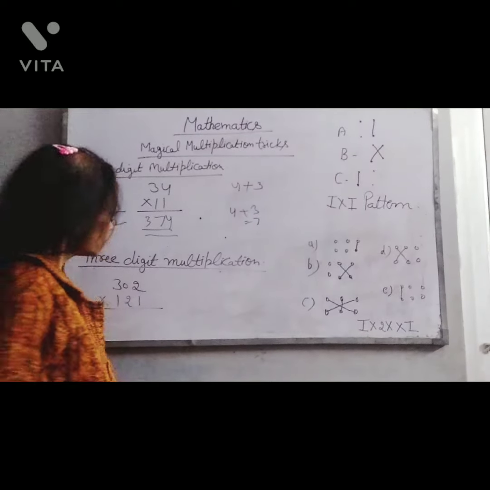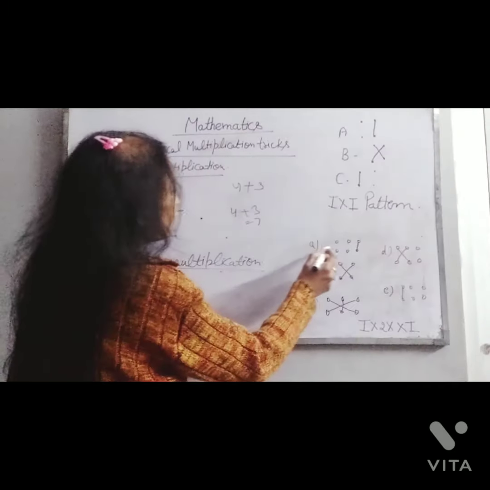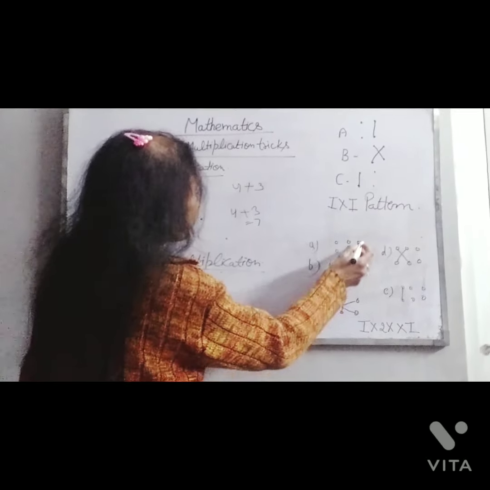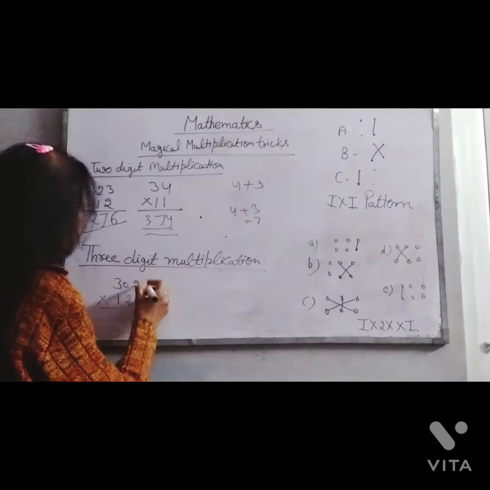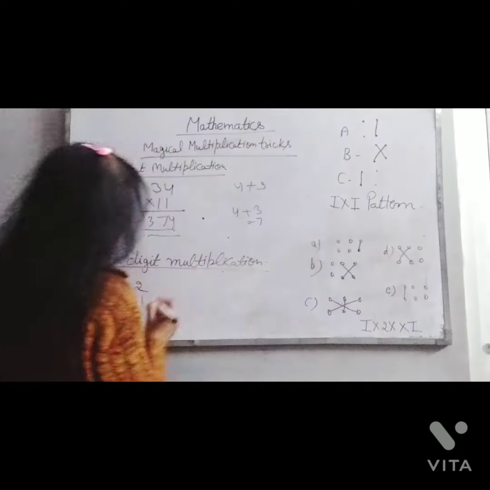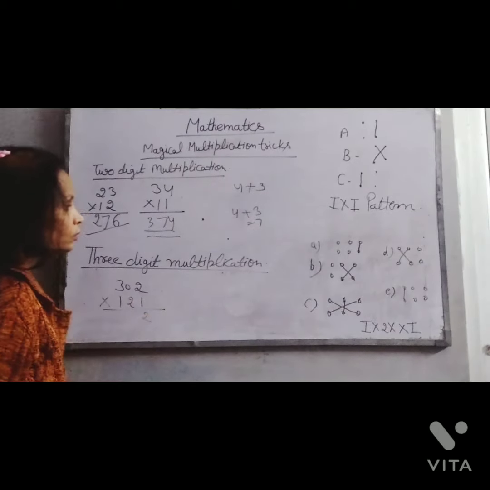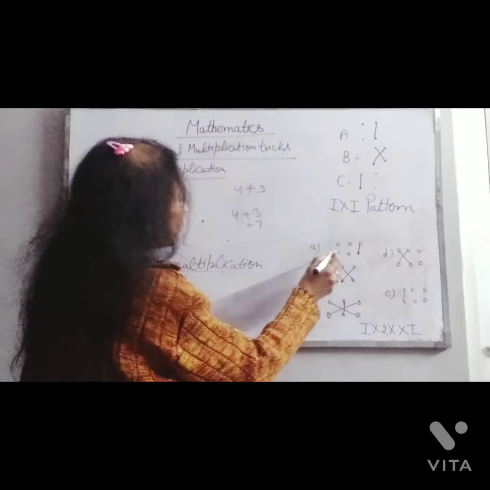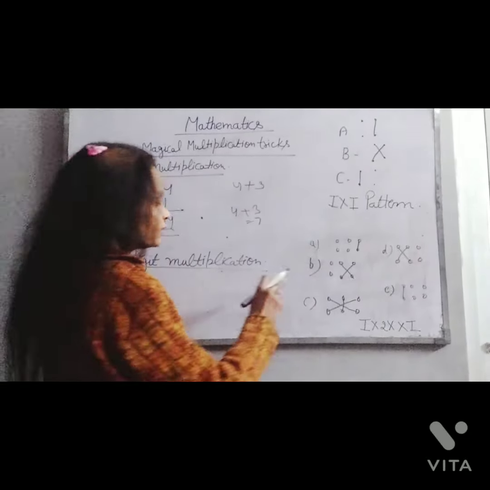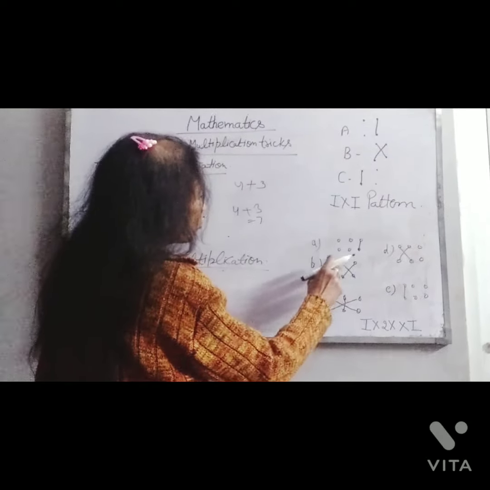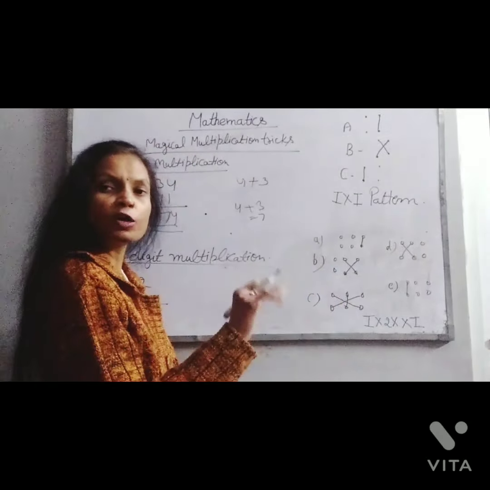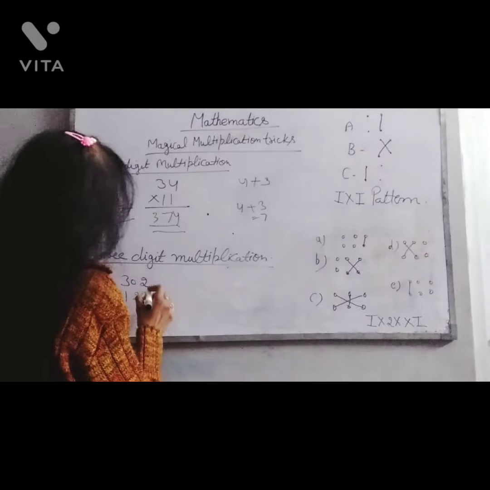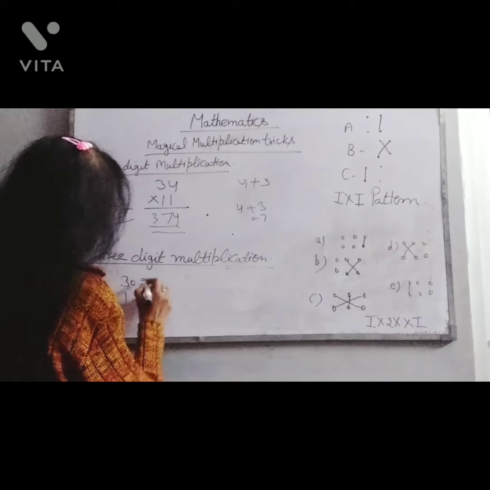First of all, we will follow the A pattern. In the A pattern, we multiply 1 with 2. 1 2s are 2. Next, we follow the second pattern. In the second pattern, we do cross multiplication, and after cross multiplication, we do addition. So let us see: 1 zeros are 0, and 2 2s are 4.